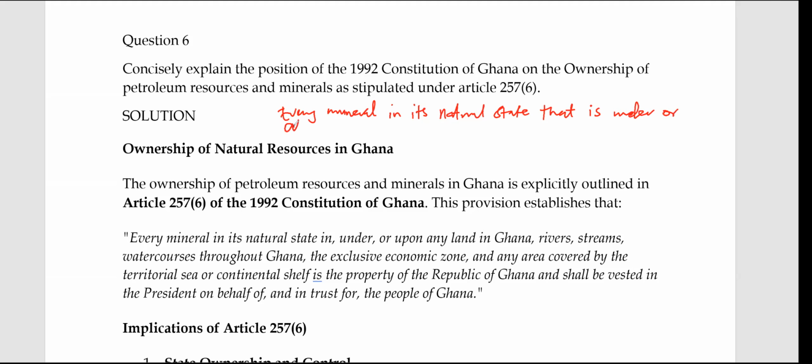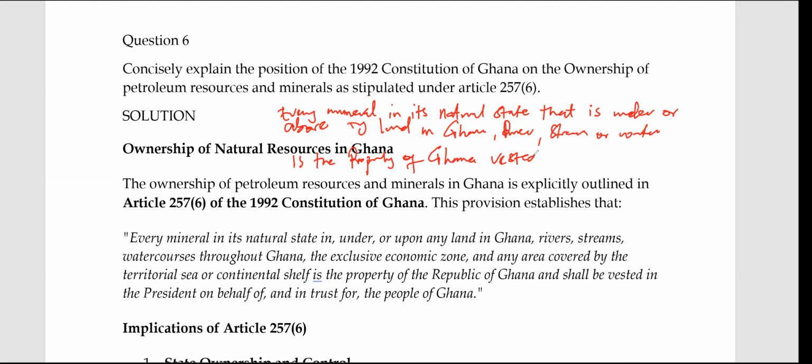Above or under any land in Ghana, rivers, streams, or water bodies belongs to Ghana. I would say whether onshore or offshore, so that it covers those streams, rivers and so on. Every mineral in its natural state is the property of the Republic, the property of Ghana,